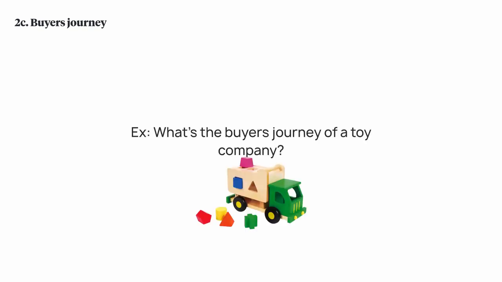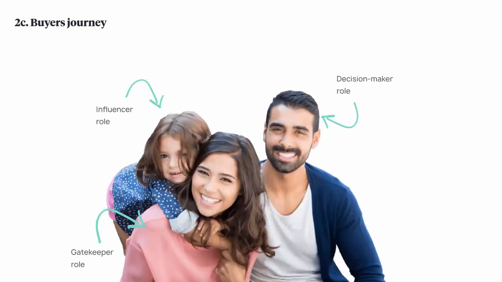So let's look at the buyer's journey of a typical toy company. You can see the decision maker, maybe the father. Again, this is a very typical archetype. This may be vastly different for you. The gatekeeper may be the mother. But the influencer, the person who actually goes in the aisle, or logs onto the site and says, oh, I want to buy this toy, maybe the child. So you need to figure out how you can, along the entire process, assuage them of any concerns that they may have.